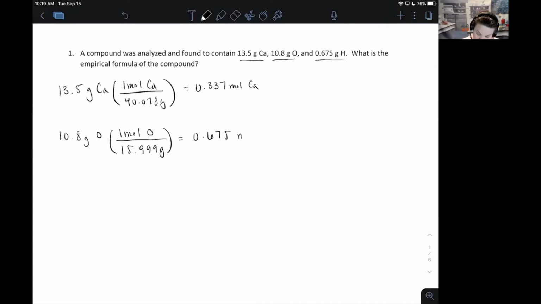0.675 moles of oxygen. And then we're going to go from our grams of hydrogen, 0.675 grams of hydrogen. Again, this is atomic hydrogen, so 1 mole of hydrogen atoms has a mass of 1.008 grams. So we'll take our 0.675 divided by 1.008, and we get